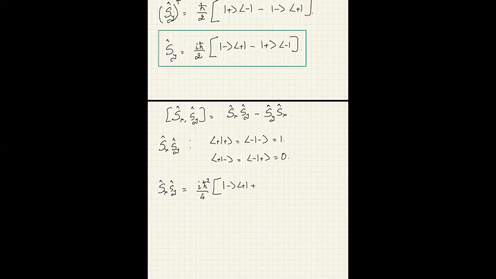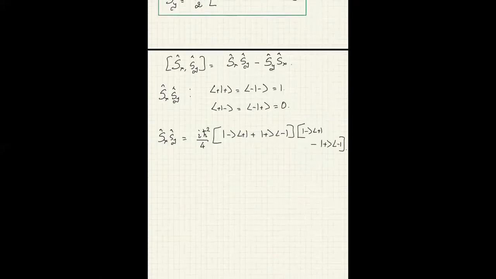Minus plus plus plus minus times Sy is minus plus minus plus minus. Okay, I have to multiply these two operators. Remember that the multiplication of two operators gives me a new operator. So let's find out what this operator is. i h bar squared over 4